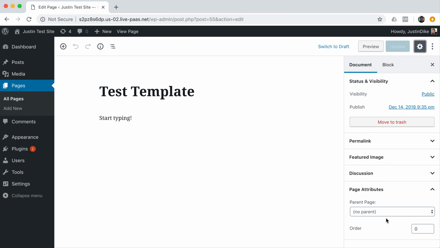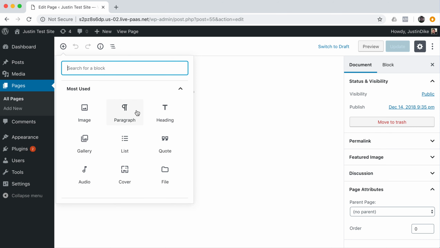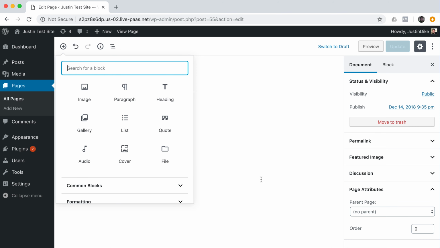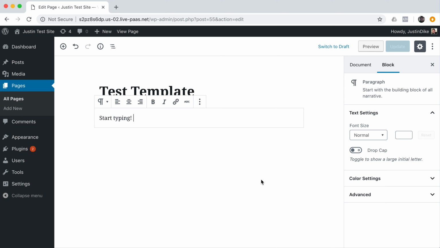And we're not going to see that because we don't actually have any templates uploaded to this particular WordPress theme directory. So that's going to be step one. What this is going to allow us to do is basically ignore anything that's over here. It's nice that WordPress is giving us this block way of laying out things, but at the end of the day, if you want to get down and dirty,